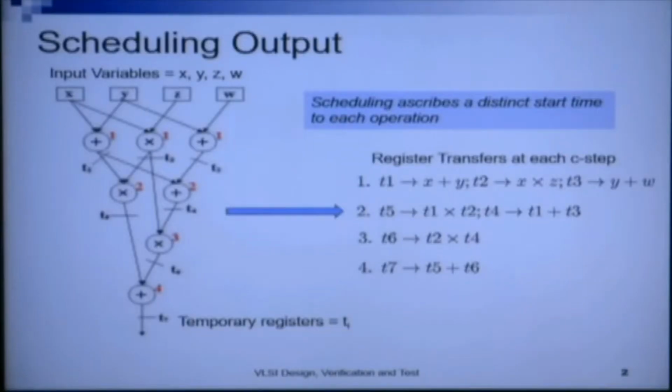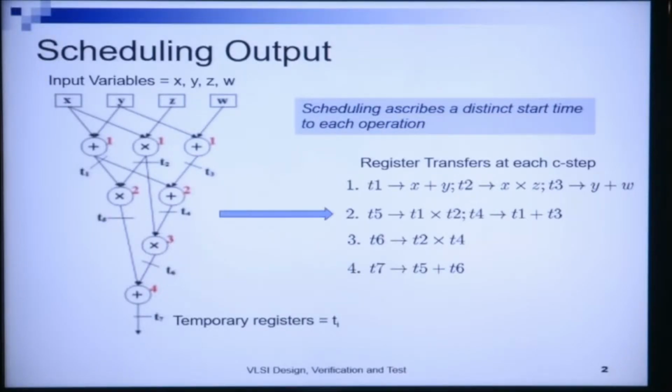In the last few lectures, we took a look at resource constraint and time constraint scheduling strategies in high level synthesis. In this lecture, we will look at an important post scheduling step, allocation and binding. So what do we have at the output of the scheduling step? At the output of the scheduling step, we have distinct time steps assigned for each operation.